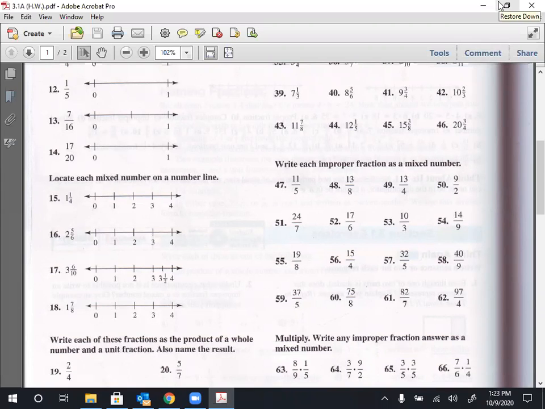Okay? So what we're going to do is this. We have 47, which is 11 over 5. This means 11